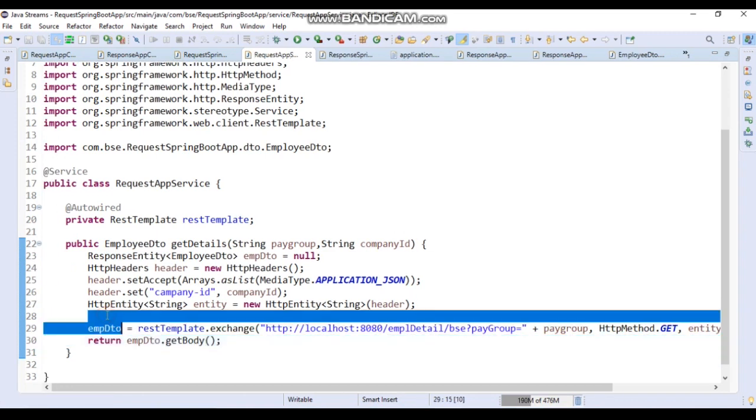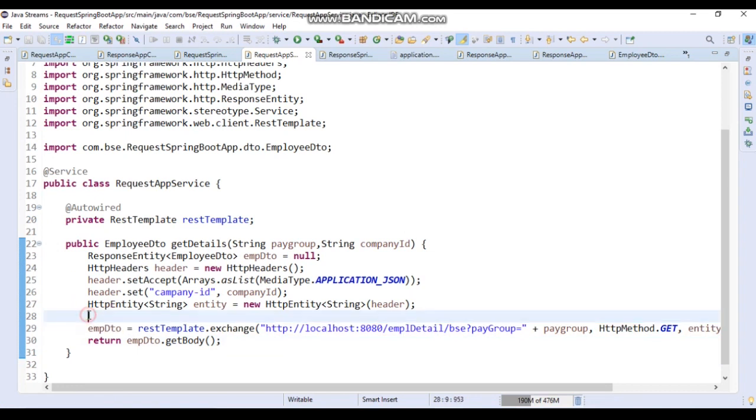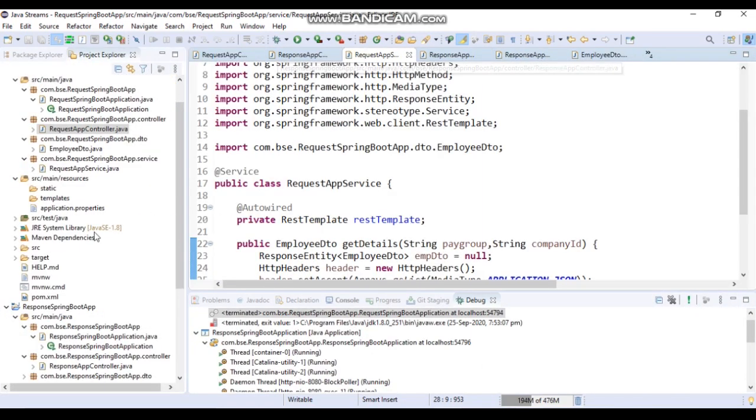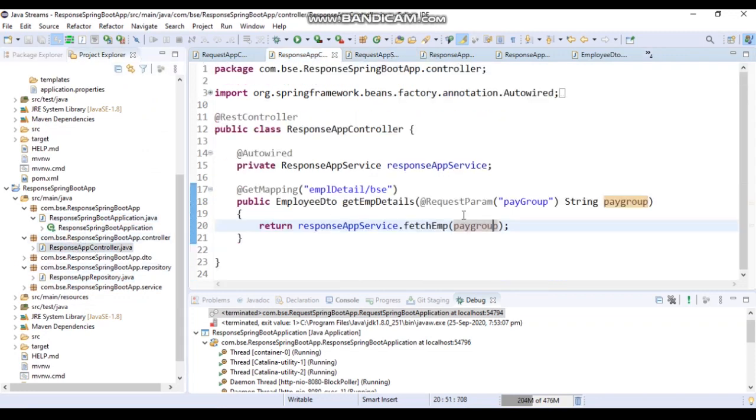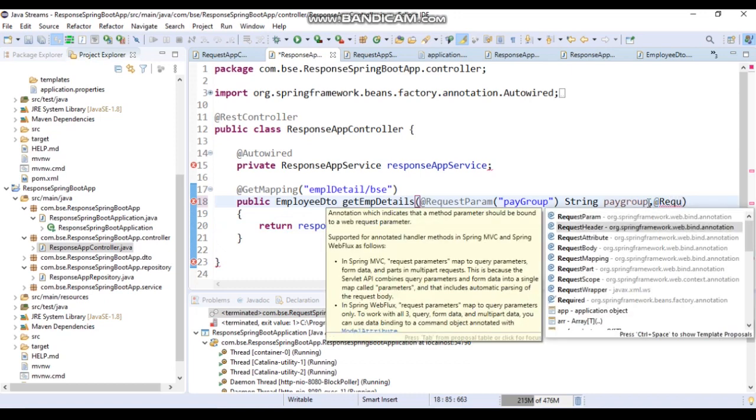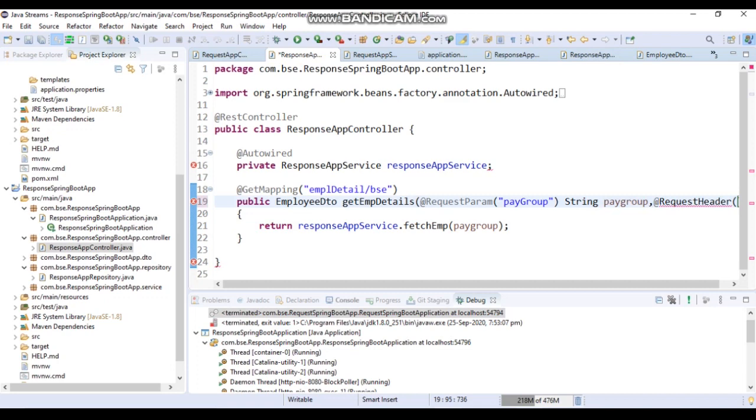All right, so let's start the server and let's hit it. No, I think we need to add it to the next controller also. In the next controller also we will add it. We will add as accept. Okay, we will add this here also, request header. And then let's see what we are passing from this service.